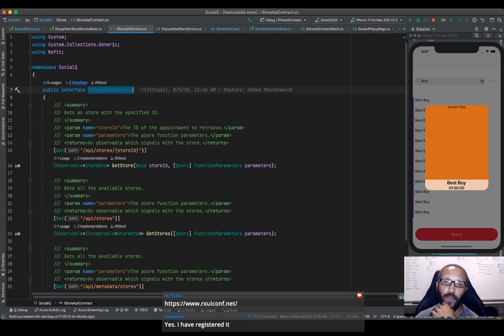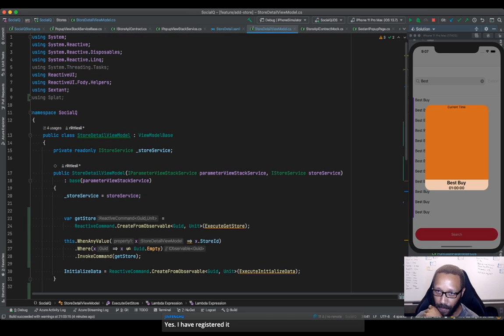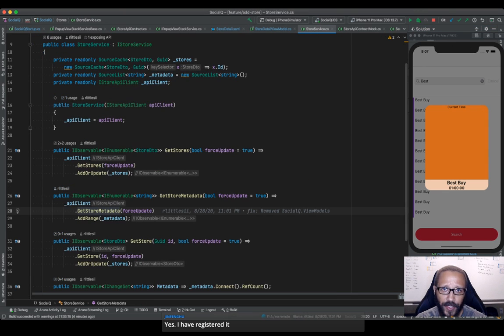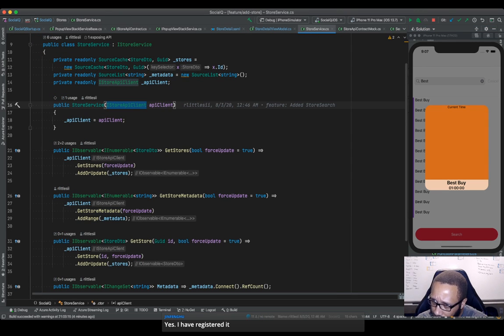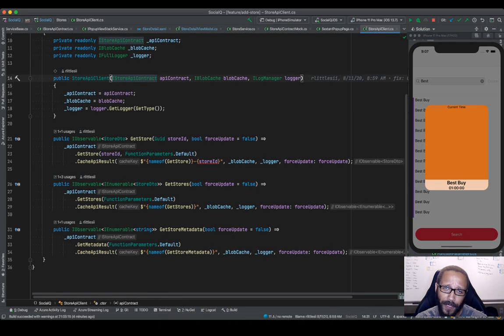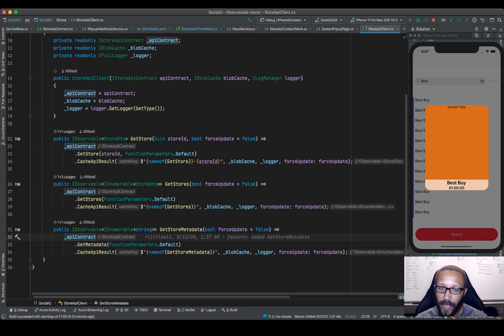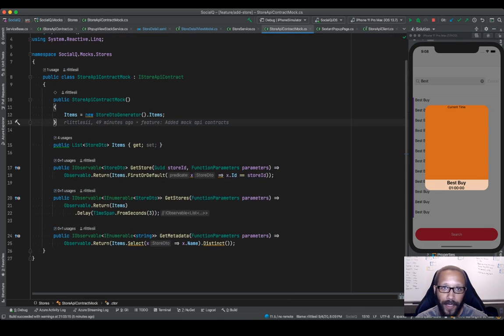One of the patterns that I do in my view models is I'm trying to get down to only having to pass a single data service. So this data service is a store data service, which takes a dependency on an API client. That API client takes a dependency on the contract. If you're looking at it from a testing perspective, I may want the interface to be my testing scene. But if I'm trying to build an application offline with minimal effort, with the ability to just mock my data store, I showed a couple of minutes ago how to create this mock data store